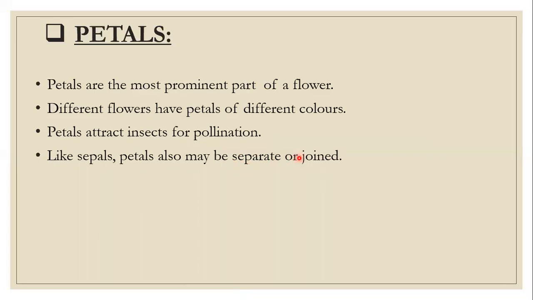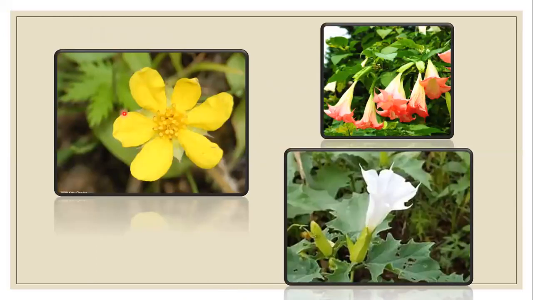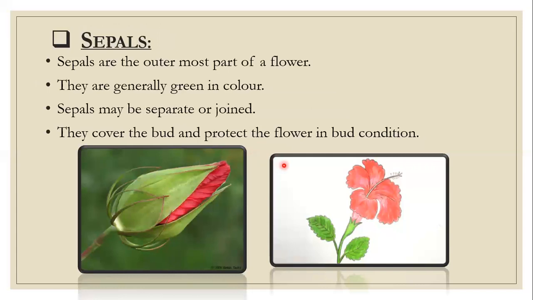Okay, in the next slide, I am showing the image of some petals. See, here the petals are yellow in color and they are separate also. We can separate them out. See, 1, 2, 3, 4, 5, 6 petals are there and they are yellow. But in the first slide of hibiscus, they are somewhat joined, joined to form a cup-like structure down below. And here how many petals are there? 1, 2, 3, 4, 5.